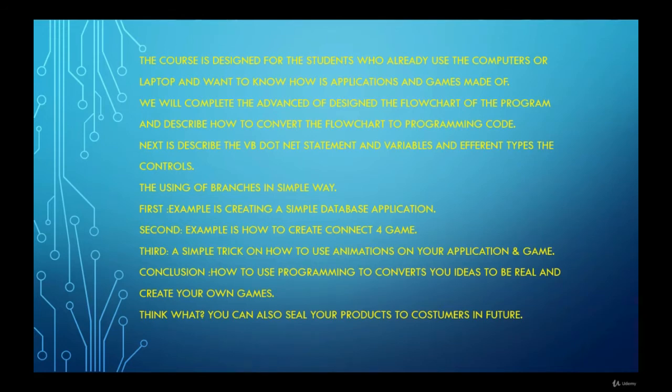The course is designed for the student who already uses a computer or laptop and wants to know how applications and games are made. You must learn the first level and the second level of the course. We will complete the advanced design of the flowchart of the program and describe how to convert the flowchart to